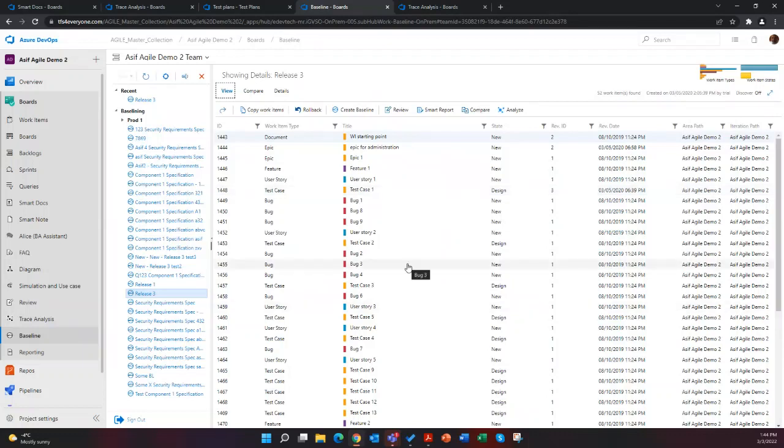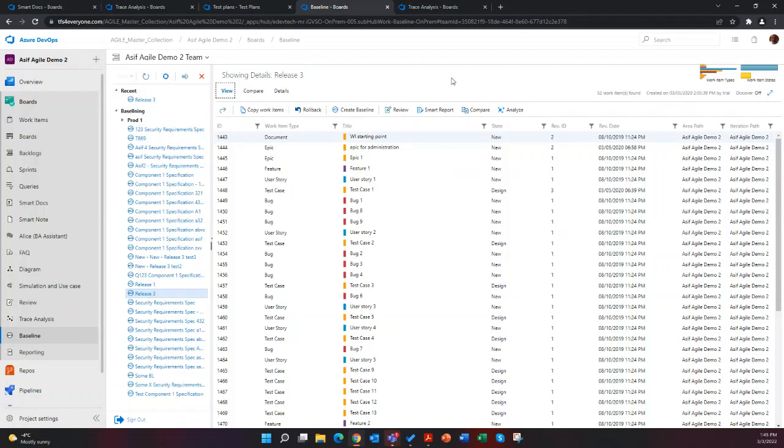Baselines can also be backdated. So say you forgot to make a baseline on the first of the year, you can say, hey, model requirements, go back in time and take a snapshot and make that available as though I had created a baseline back then. So it actually will identify how things were back then and create a baseline for you.